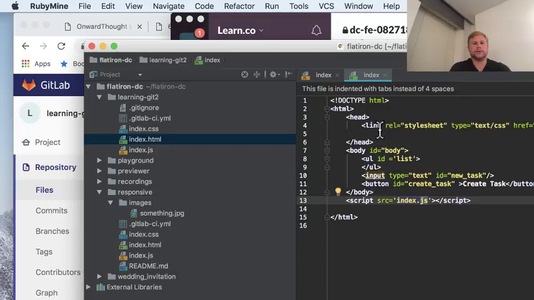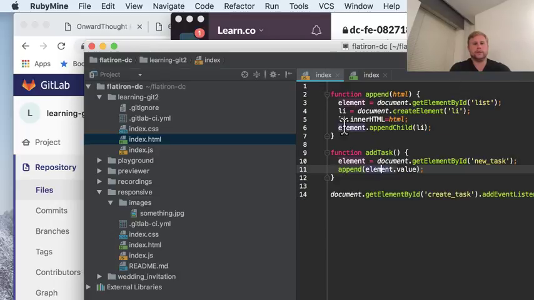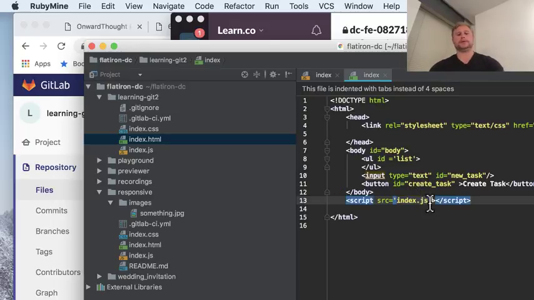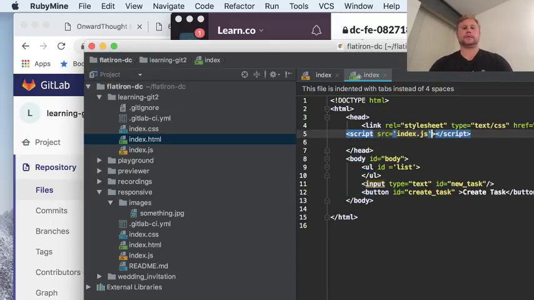Because the browser reads from top to bottom. So right here on this line, we're looking for an element that has create task as an ID. If we put the script at the top in the head, which is really where it's supposed to go, there are some ways to deal with that, but if you put it at the top here,